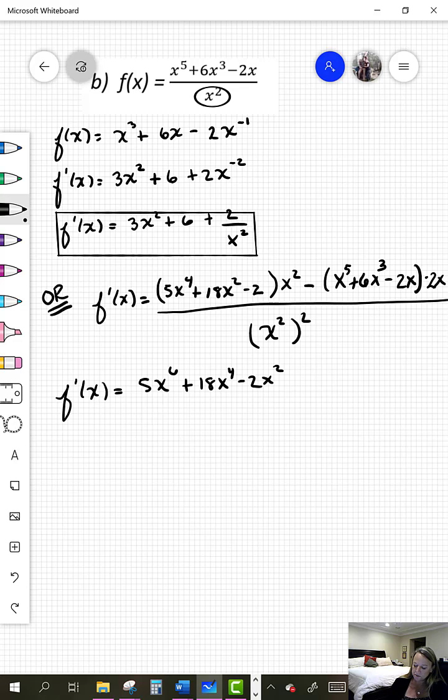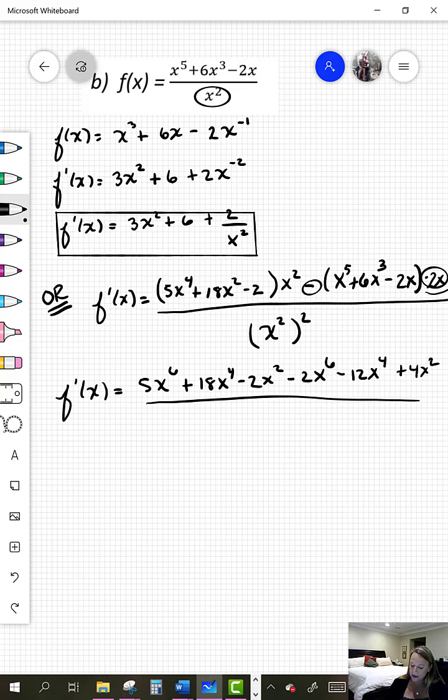Let's distribute this -2x to each term inside. -2x times x to the 5th is -2x to the 6th. -2x times 6x cubed is -12x to the 4th. And -2x times -2x is plus 4x squared,